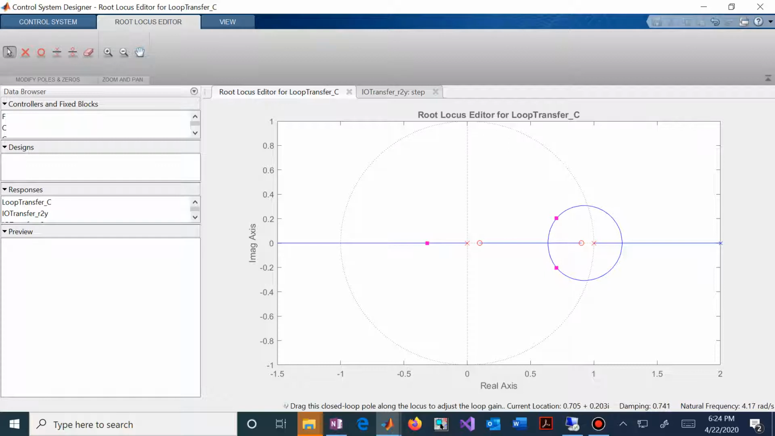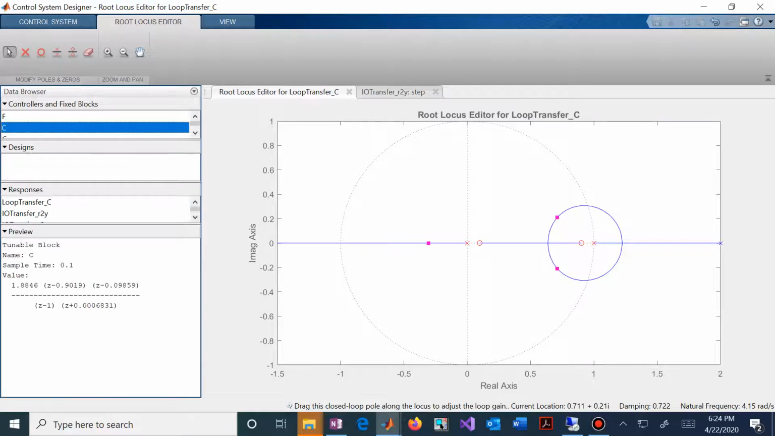And what was my gain at that point? Does it tell me? I'm not sure that it does. So I would have to then determine what my gain is at that point. But I believe if I now go over and say, oh, my controller, now my gain is 1.8846 in this design. My zeros are at 0.9 and 0.09, or roughly 0.1 and 0.9. And if I could actually go in and force this, if I went ahead and